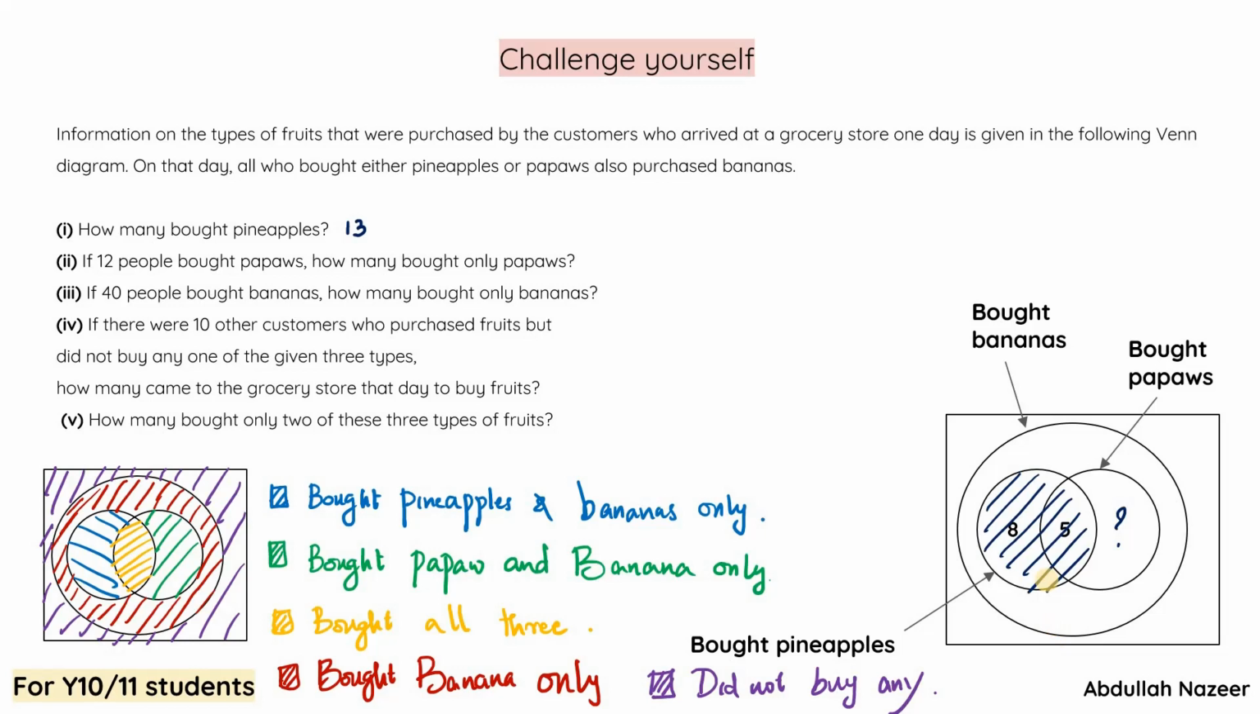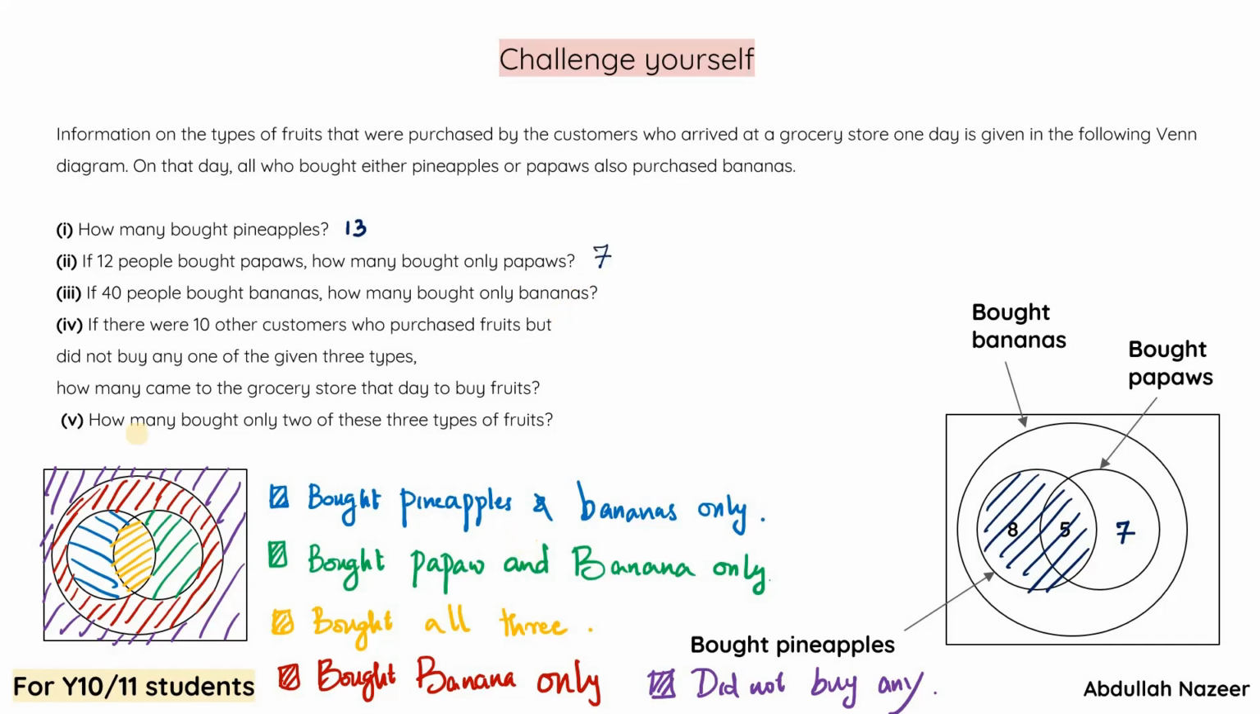So 12 people bought papos, so 5 plus something should give me 12, because the total number of people who bought papos is 12. Since this is 5, this has to be 12 minus 5, which is 7. So 7 people